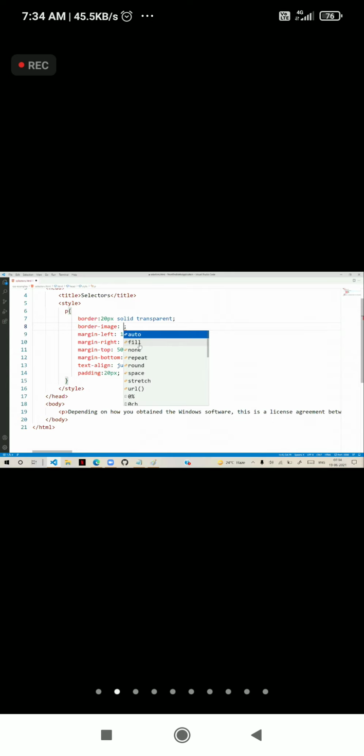For border image, we have to define the URL. What is the URL? You have to define that.